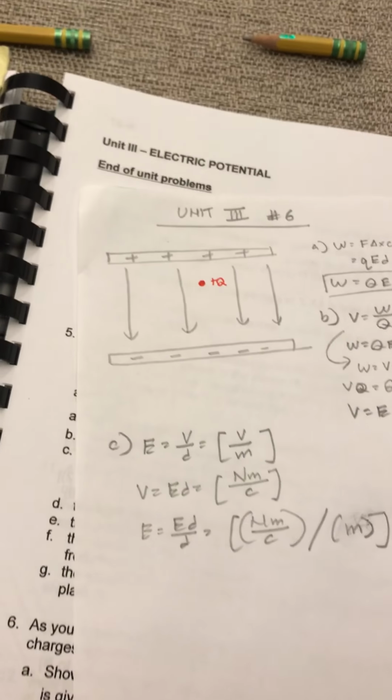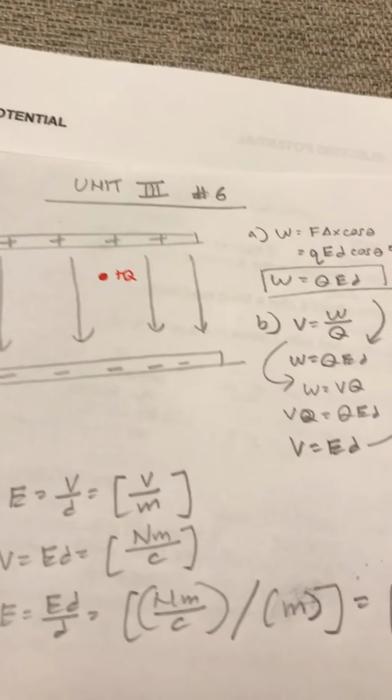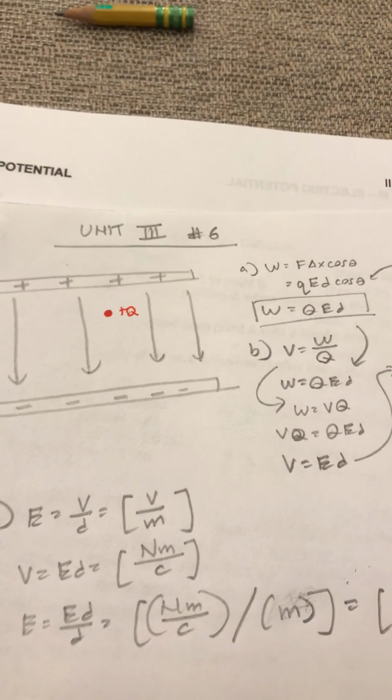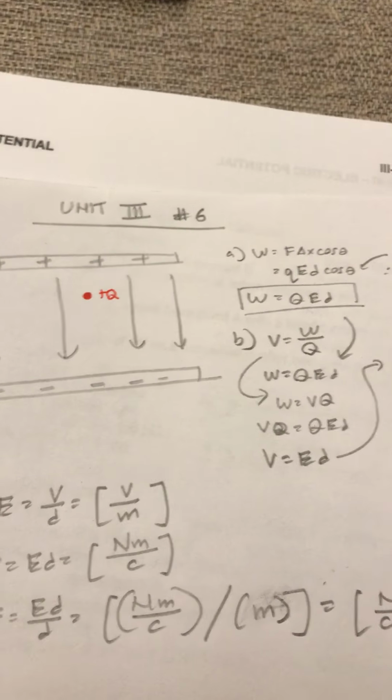Okay, so this is how you do problem number 6 on the Unit 3 electric potential homework. So the problem is very, very conceptual. It doesn't really have that many numbers. It basically asks you to use your prior knowledge to solve for the formulas that we've been given in this